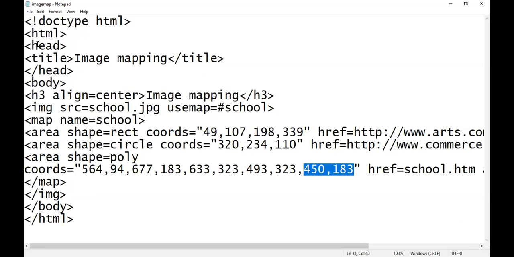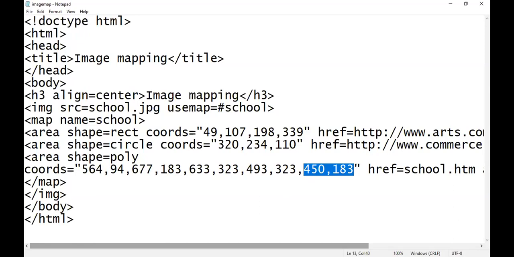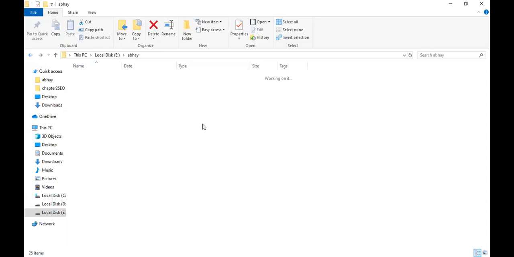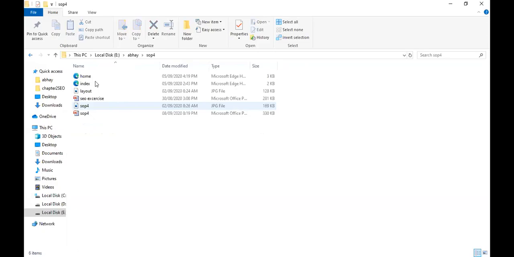Now you have to check your output. Before that, I will copy one file named school.htm. I will copy any HTML document from another folder into my folder and rename it to school. Going to Windows Explorer, here is one file, SOP4, and here is a file, index.